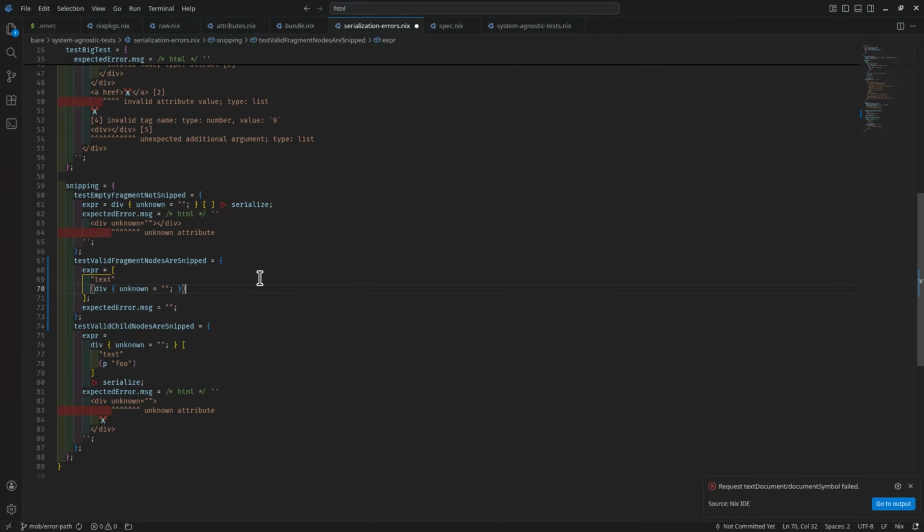Yes, after the div. Sure. You see, this is where you can get much more fine grained, and you can have valid fragments before are snipped, valid fragments after are snipped, blah blah blah. Let's just have this same valid